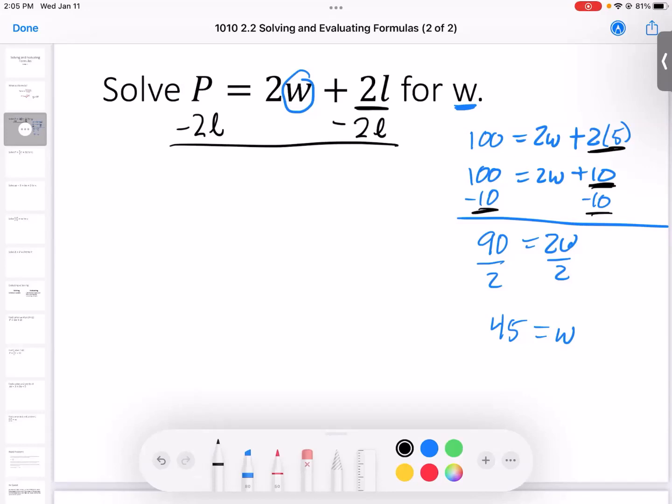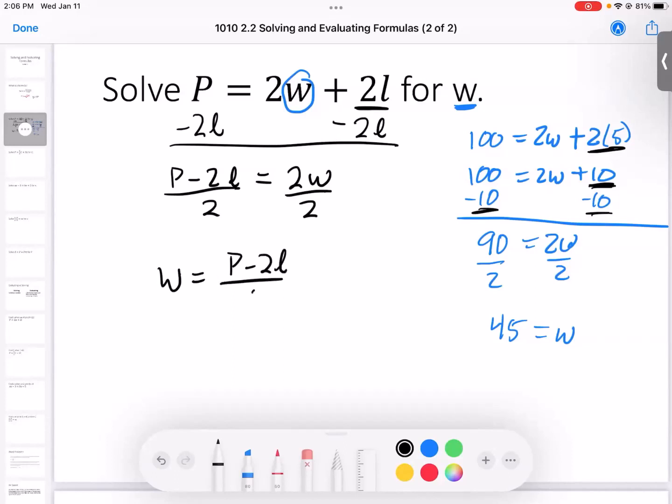So when I do that, P minus 2L, since I don't know what P is and I also don't know what L is, I can't really simplify that. So I'll just write it as an expression, and I get P minus 2L equals 2W. Then I'll divide both sides by 2, which gives me the formula that W equals P minus 2L divided by 2. So you could just type that answer into your homework system, but you could also, if you wanted to,